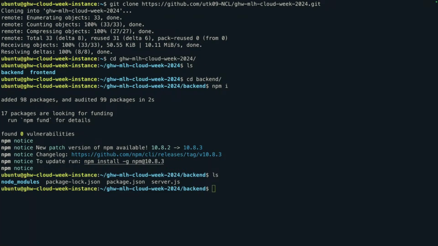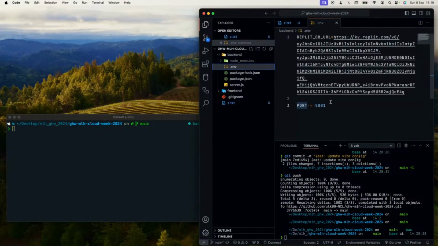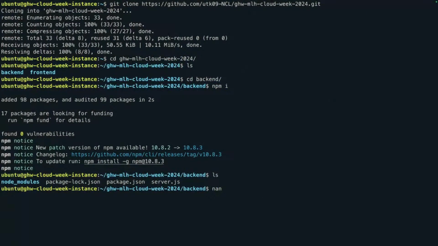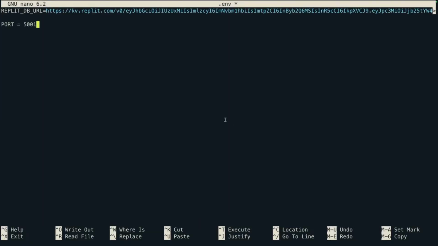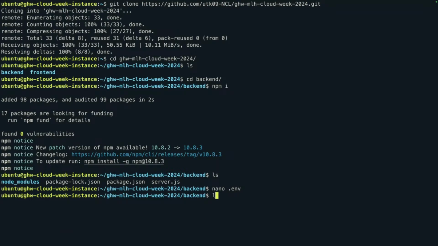Okay, perfect. So that's our backend. We also need to have this .env file, right, with these two things. So I'm going to copy whatever we have, and I'm going to say nano .env. So this should create a .env file, and I'm going to paste the values that we had. Now to save it, the best way to do it is Control X. It asks save modified buffer. Yes. File name to write .env. Yes, you just hit enter, and that should have created a .env. So now if I ls,